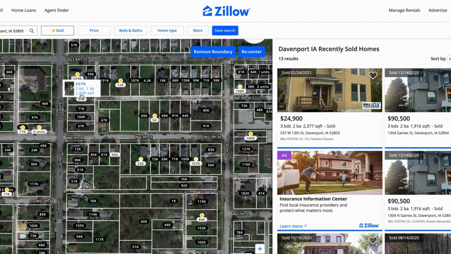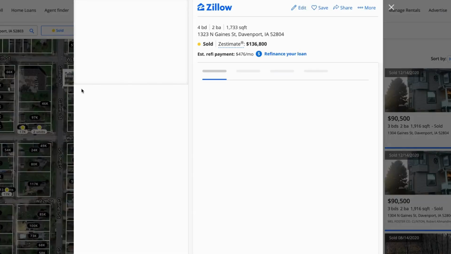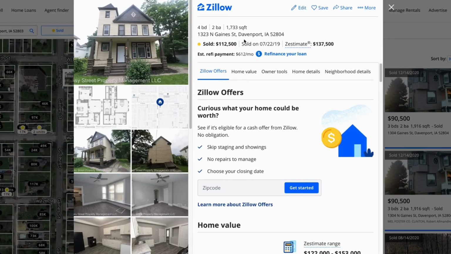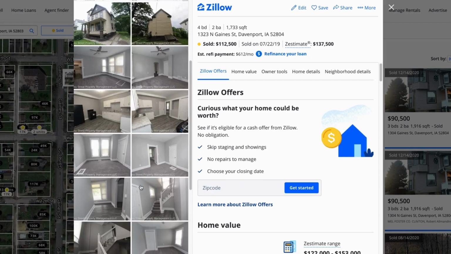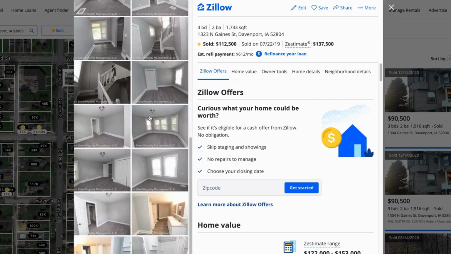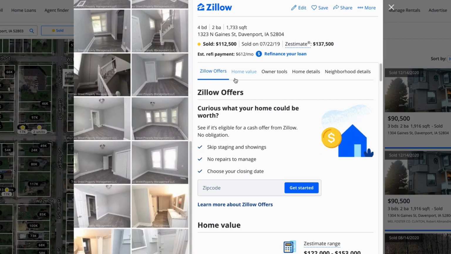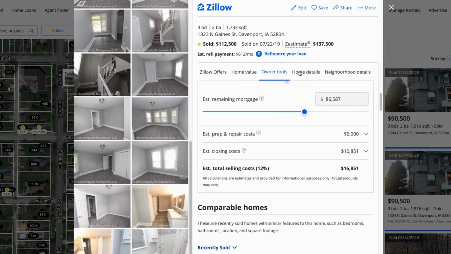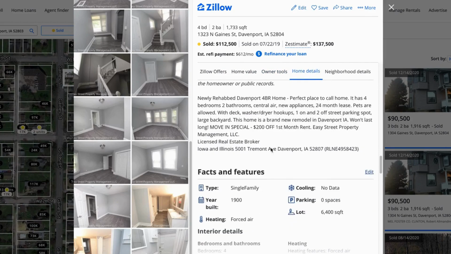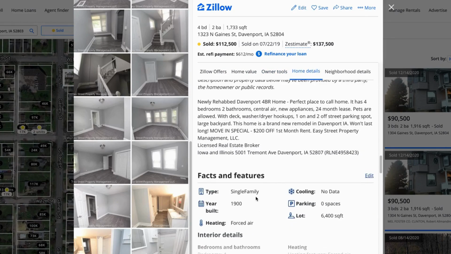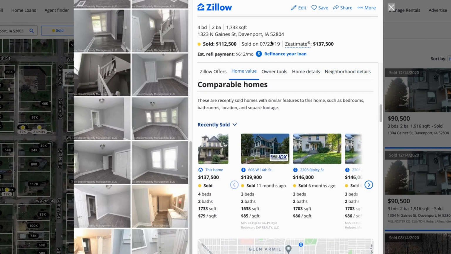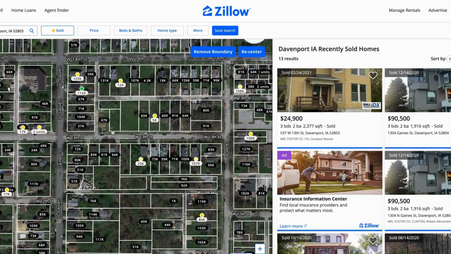So if you hover over here, there we go. 4 beds, 2 baths, 1,733 square feet. So this could be a really good retail sold comp. So if you click on it, it'll give you the address and all of the home details, and you can look through the photos and just make sure that it is fixed up. It's a retail sold type house. And then if you go through, it'll give you all of the details about the home here so that you can just compare and make sure you have apples to apples comps. And you're going to do this for each house in the area until you have at least 3 to 5